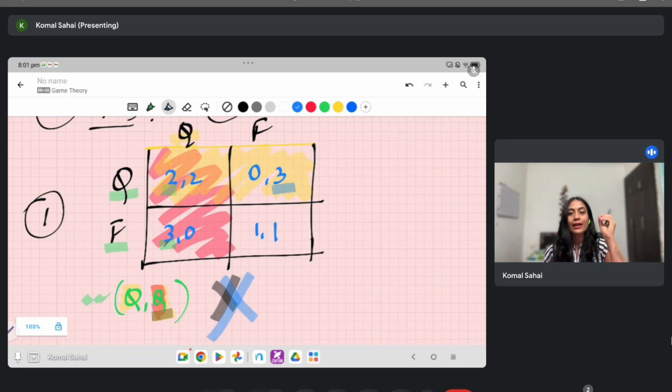ठीक है ना? क्योंकि for Nash equilibrium, the deviation should not be beneficial for any player. So if it is beneficial for even one player, बाकी किसी का फायदा नहीं हो रहा है. But even if one player can be made better off by deviating, then it's not a Nash equilibrium. Alright, so you don't even have to check for all players. If you start checking for one player and you see that it's not beneficial, वहीं पे खत्म, उसका candidature cancel. ठीक है ना? Now let's move to